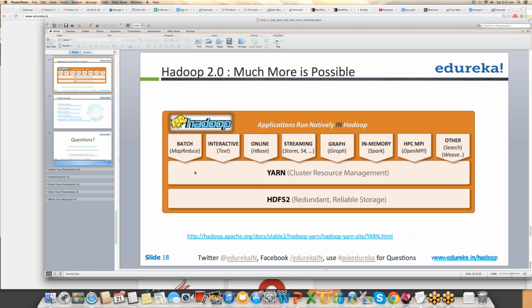Similarly, there are multiple enterprise level distributions of Hadoop. Cloudera is one of the more popular ones, and Hortonworks is another one. It is the same open source tool, but they've built a few applications over it, and they provide you support over it. That's how Cloudera and Hortonworks are with respect to Hadoop. I hope that answers your question.